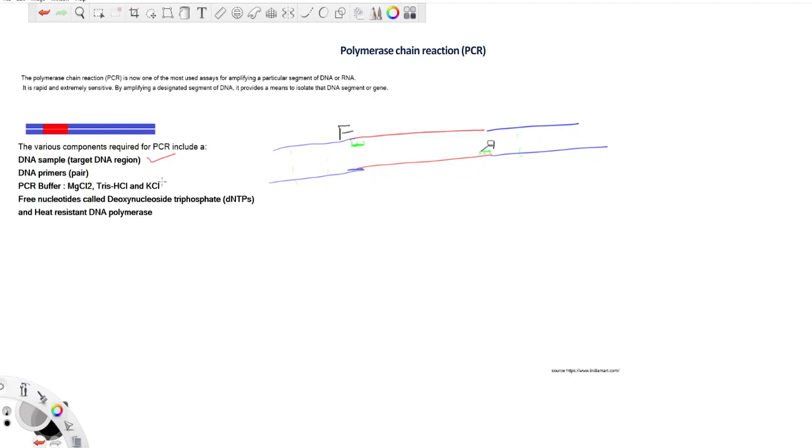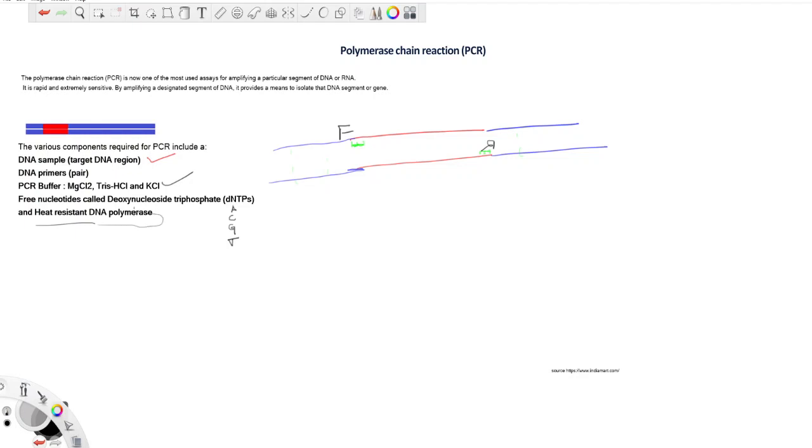And you have PCR buffers, and the buffers are important to make sure that the conditions are stable. And you need your free nucleotides, which are also known as deoxynucleoside triphosphates or dNTPs. And of course, you're going to have dATP, dCTP, dGTP, and dTTP, and a heat-resistant DNA